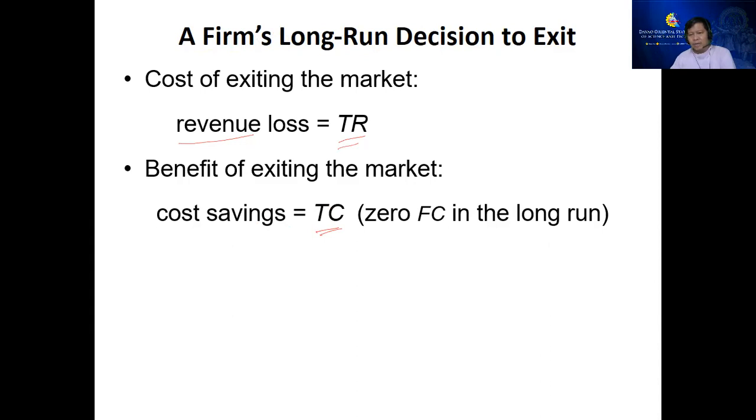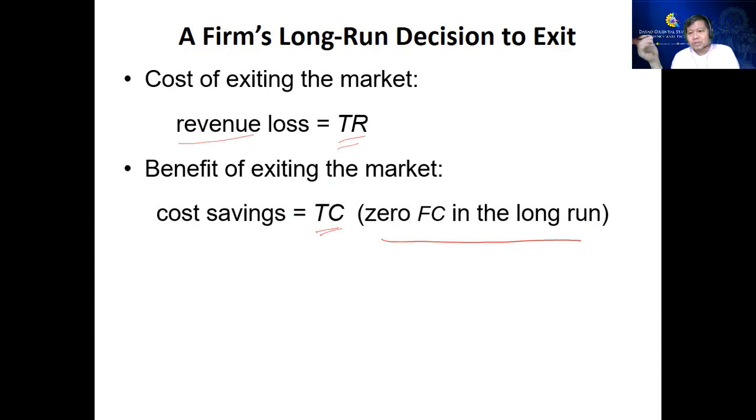Ang nawala lang nimo ang imong halin, pero ang imong total cost imong na-stop, kaya ang total cost baya taas kumpara sa total revenue sa panahon nga malugi ta. Okay? So the benefits of exiting the market, the cost savings equals total cost, or zero fixed cost in the long run. So alam natin na in the long run